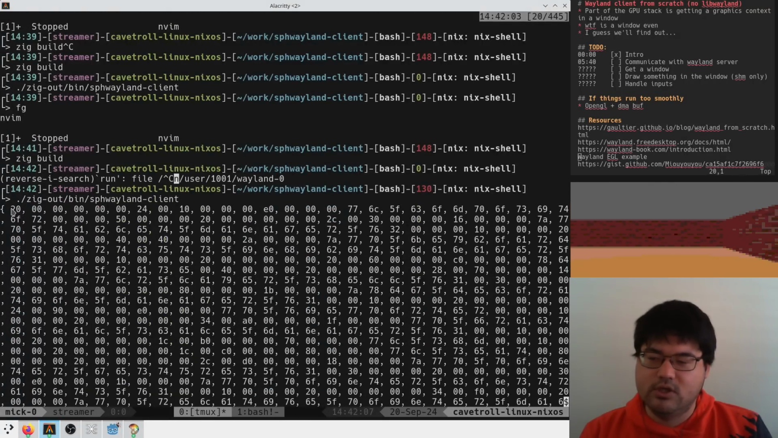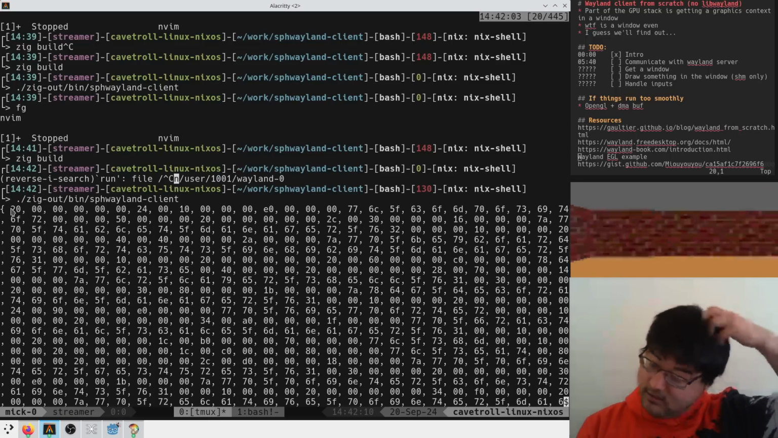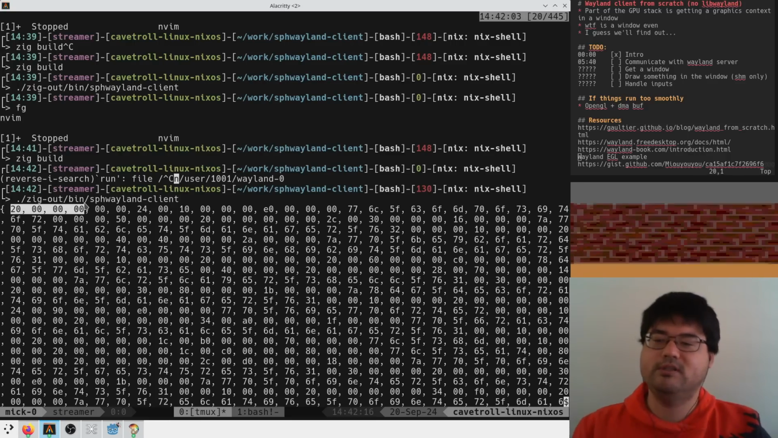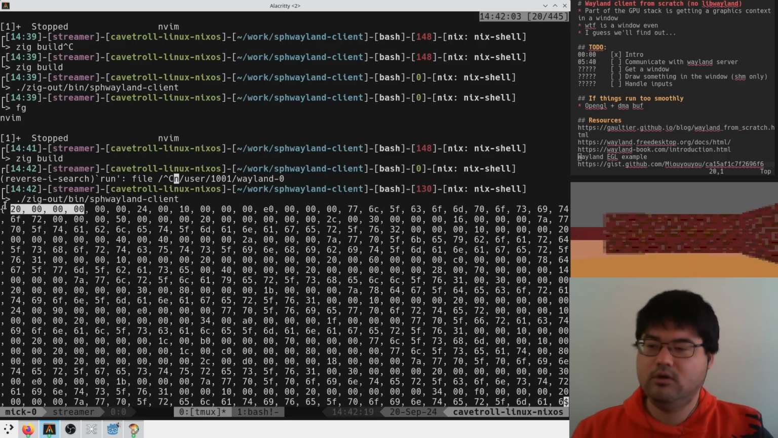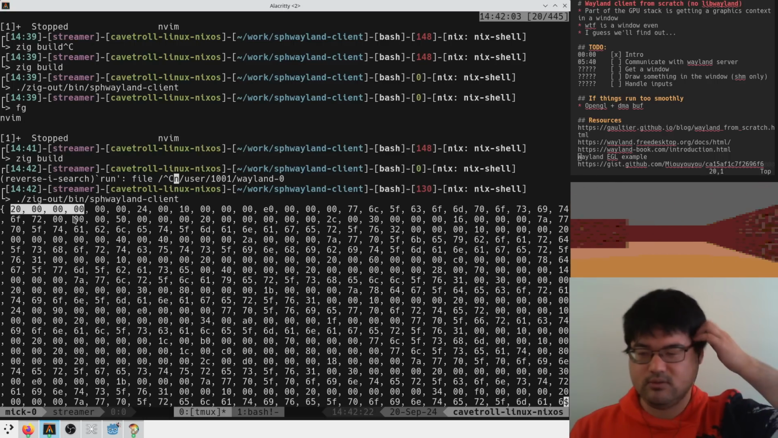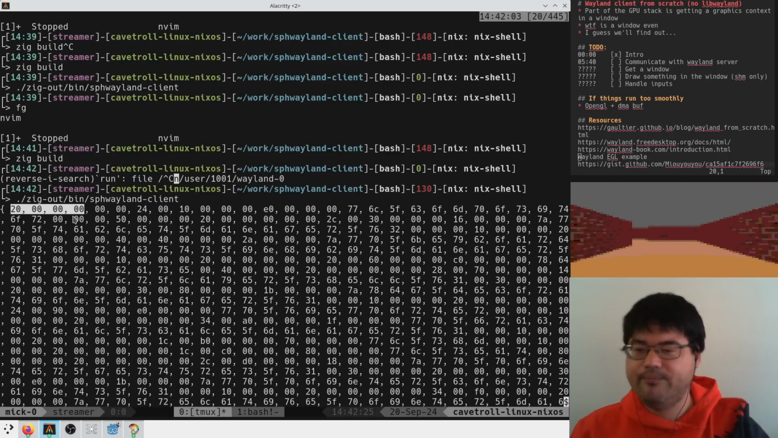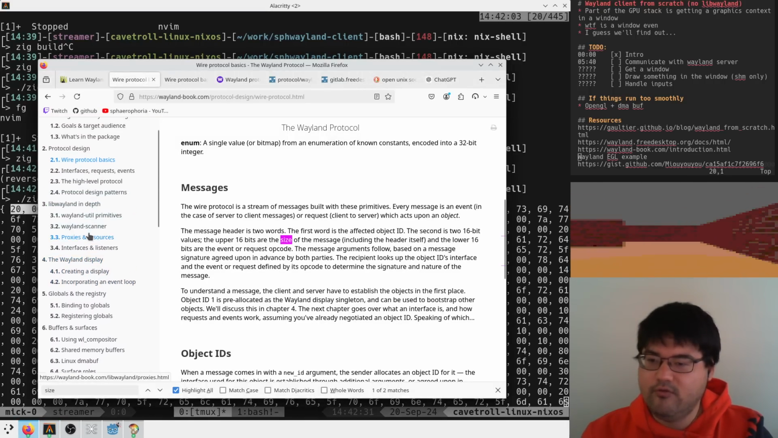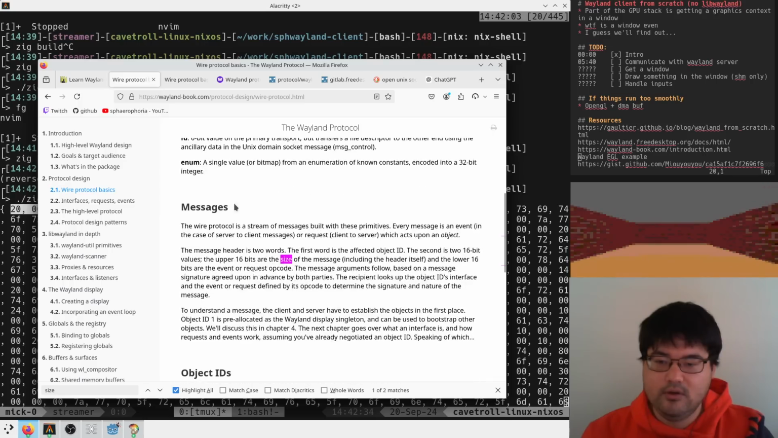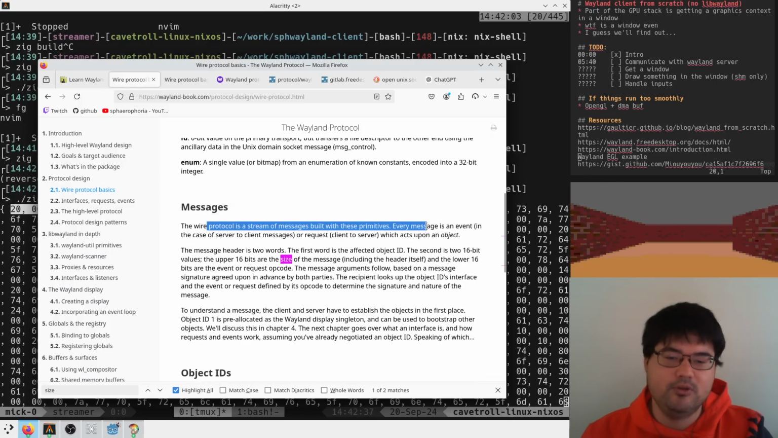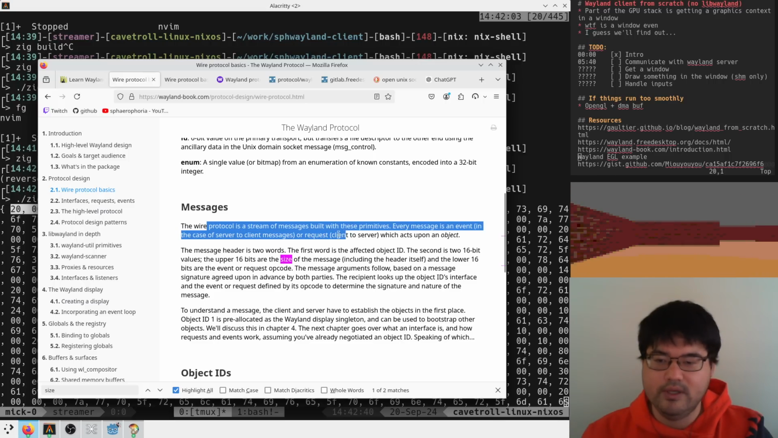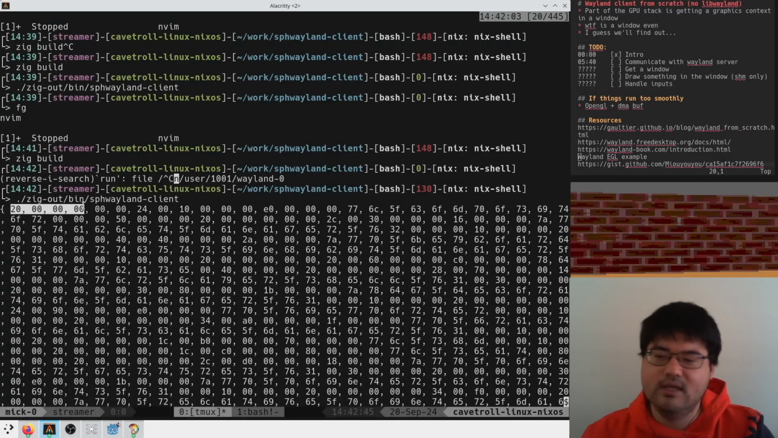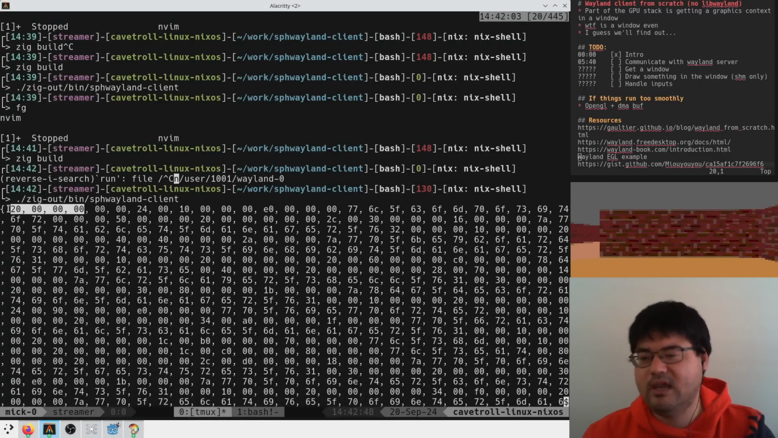And if we were to try to format this nicely, we would see 1, 2, 3, 4. So we're getting response message 20, assuming this is the same, which it might not be. I guess we should double check what the event format is. Wire protocol is a stream of messages built with these primitives. Every message is an event or request. The message header is 2 words. Okay, so the message we get back should have something that is this ID, which looks like ID 20,